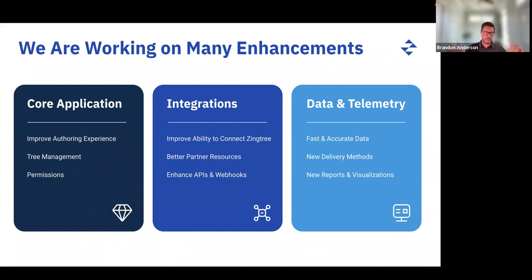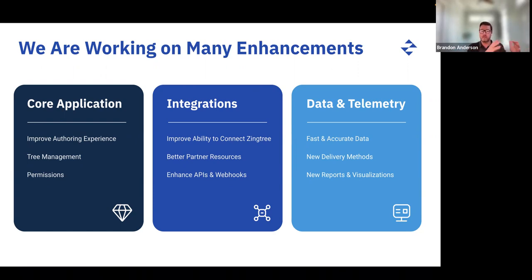So we're spending a bunch of time and energy orchestrating our data for a future in which we're able to deliver that data back to you in more efficient ways and more delivery methods than currently exist today through our current reporting interfaces, which are largely Excel based. We want to have different ways that you can receive and pull in that data. Maybe you have your own BI tool, and we want to make it so that you can absorb that into your BI tool and utilize it. But you also have within Zingtree a standalone reporting area.